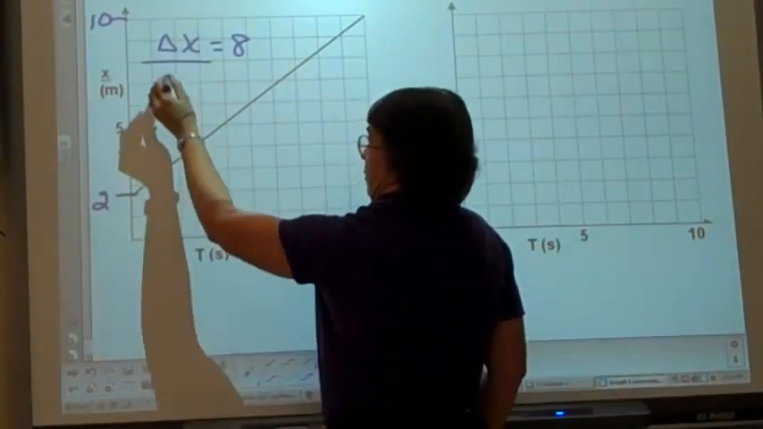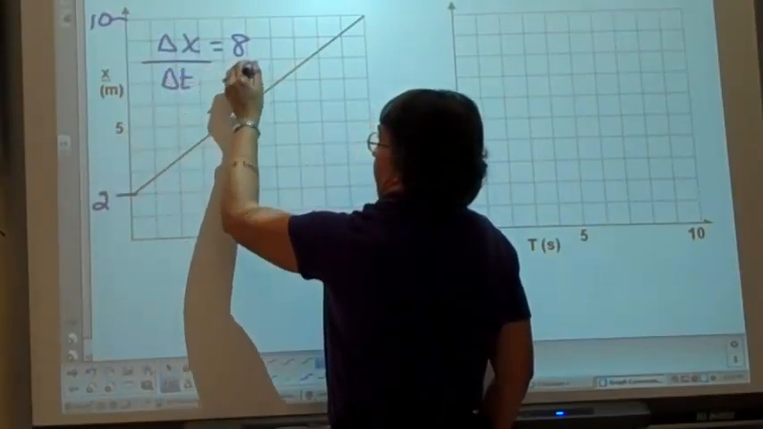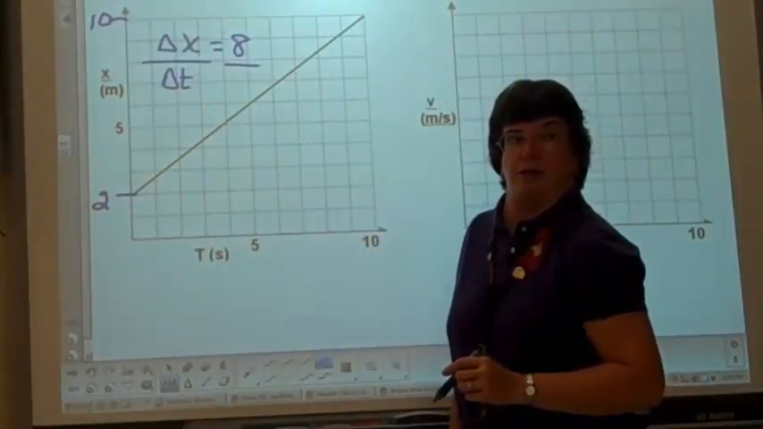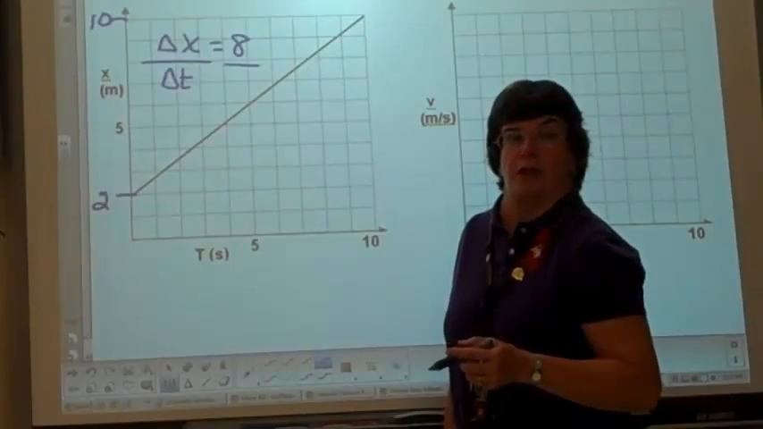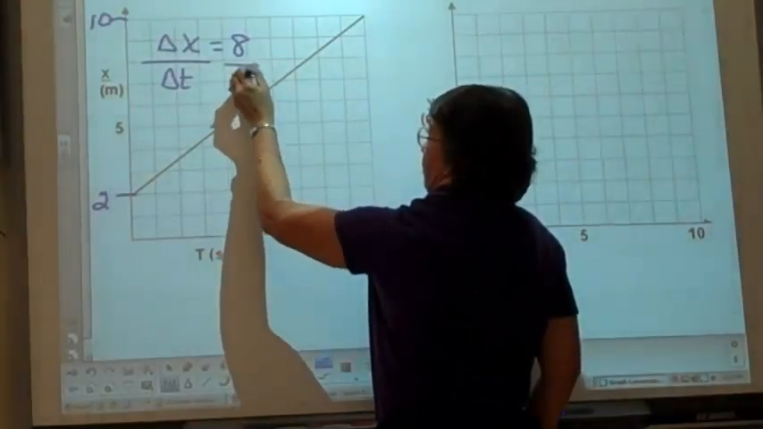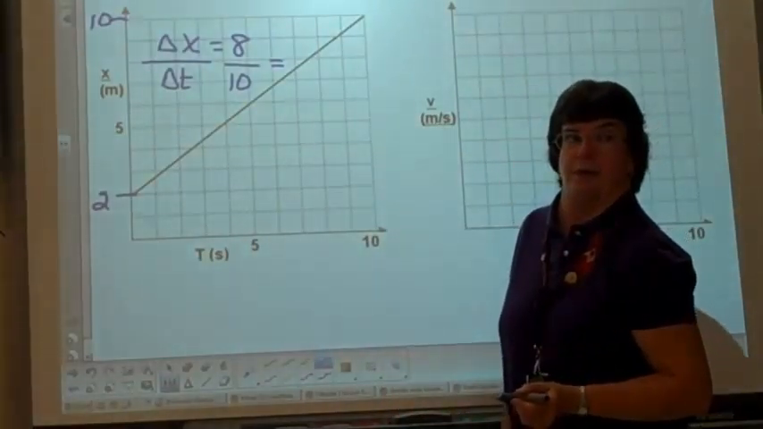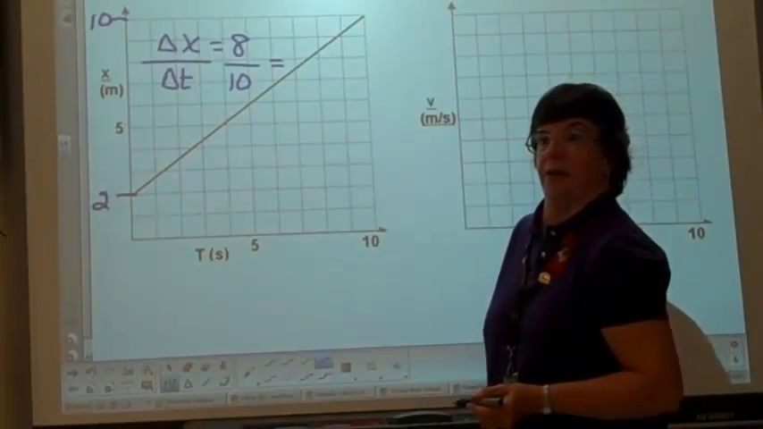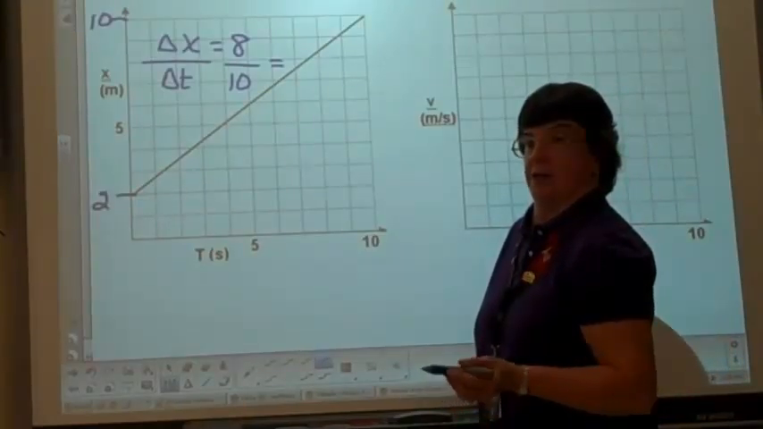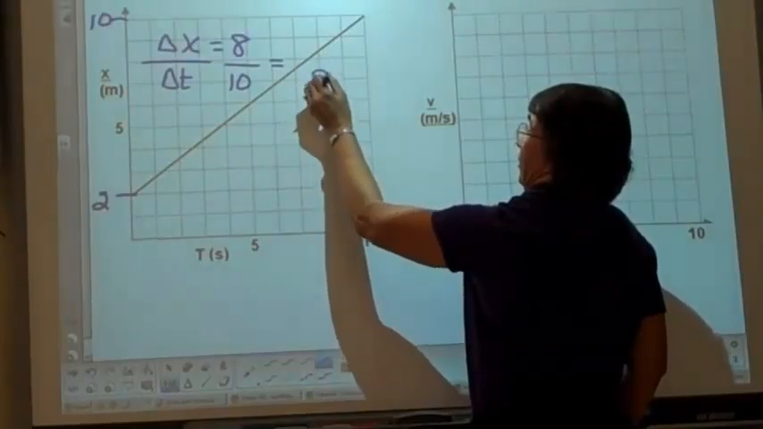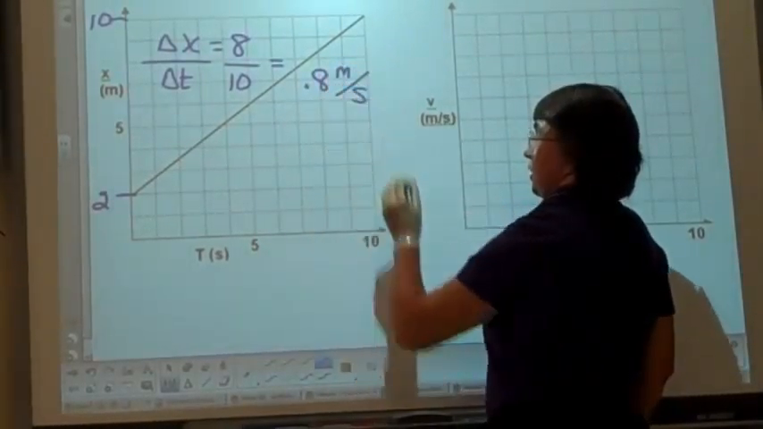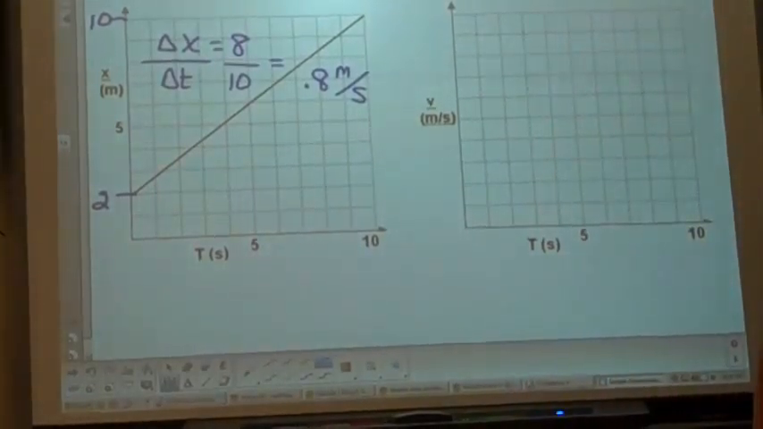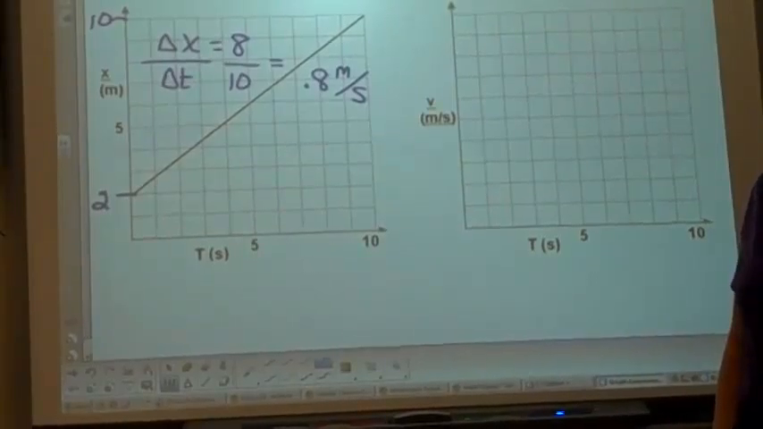Okay, and my run is going to be change in time. What is that? 0 to 10. So final minus initial is going to be 10 minus 0. That's 10, right? So what's my slope? Okay, put it in decimals for me. 0.8, because it's 8 divided by 10. And my slope is meters over seconds. So there's my velocity, 0.8 meters per second. All right? Now, if I want to take a position time graph and turn it into a velocity time graph,